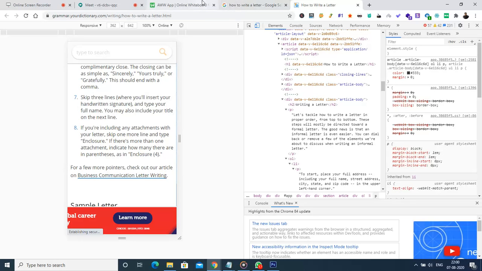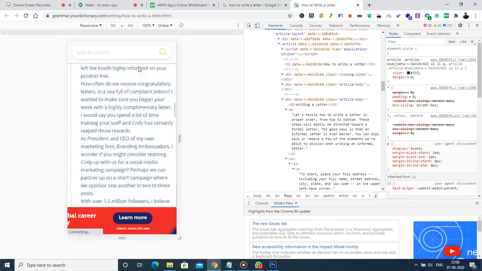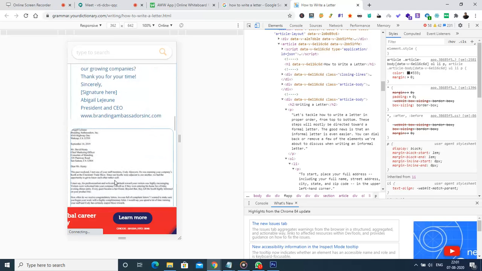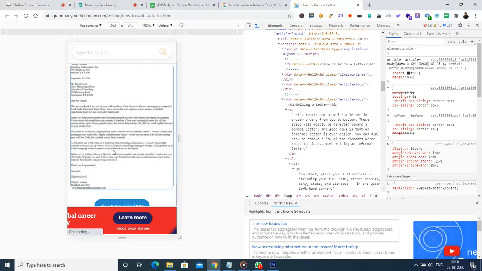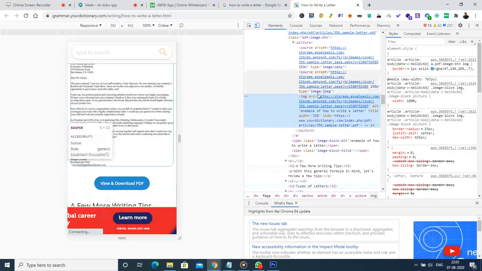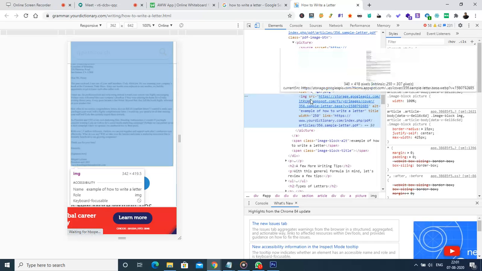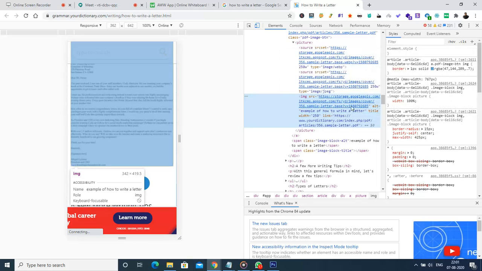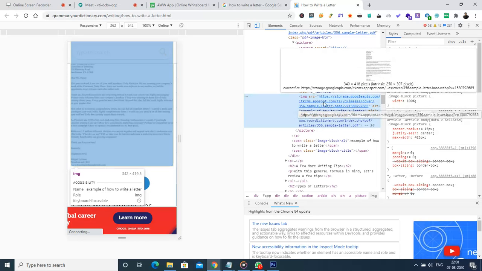All right, did we miss anything? Of course, I think we missed the image alt tag. So here we have an image, and we are going to explore it. When we inspect this particular image, what data do we have? First thing is the image source. This is the source through which the image has been loaded into the page, and they have used something like https, something like storage and letter dot base and some value. This is what they have used to get the image.